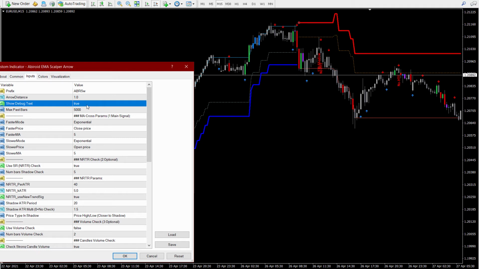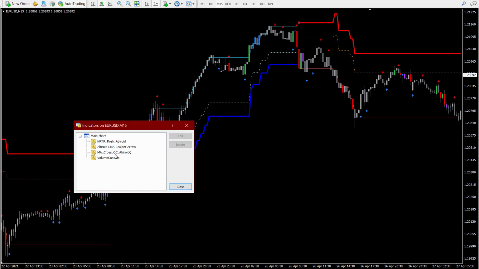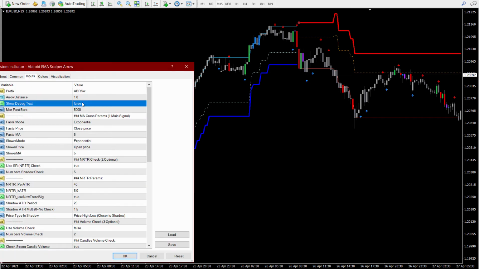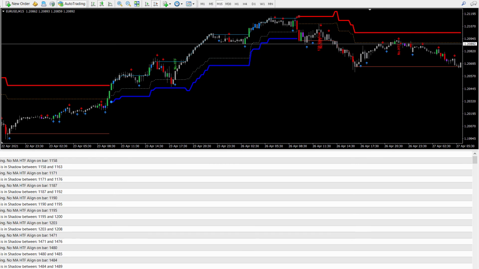Show debug text true or false. If you feel like it's cluttering your chart, then just set it to false. But if you would like to know exactly why a signal was skipped, then I would suggest that you set it to true. And you also get the reason why a signal is being skipped by going over these logs